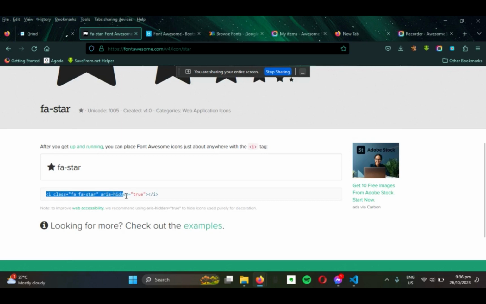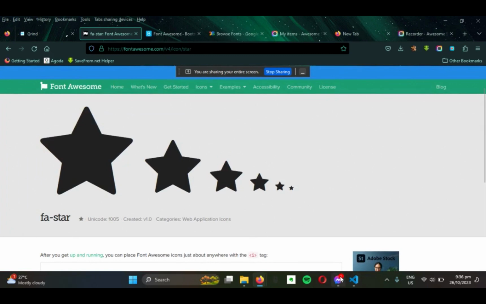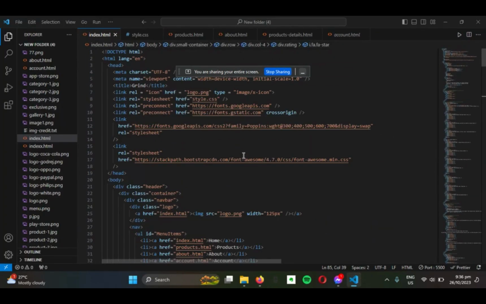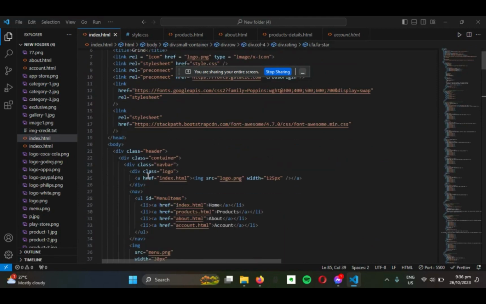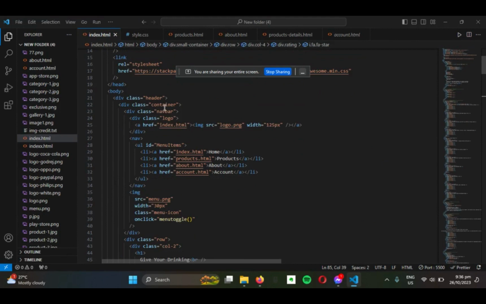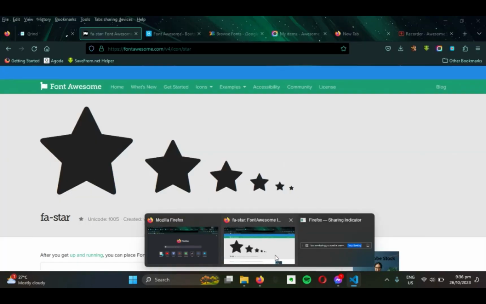As you can see, that's where I get the star for the ratings. And next is the header, where this contains the container and the nav bar,